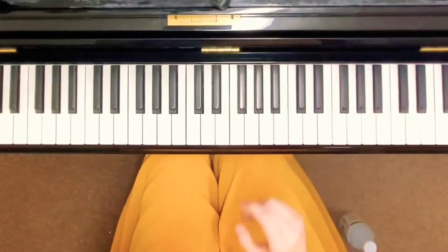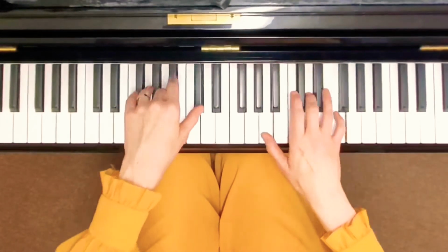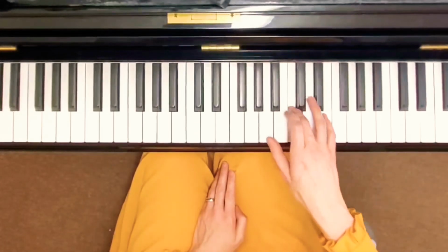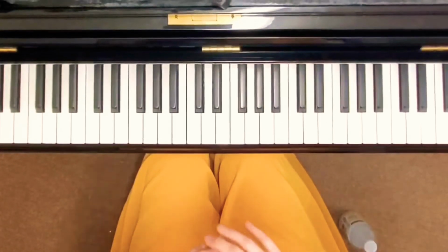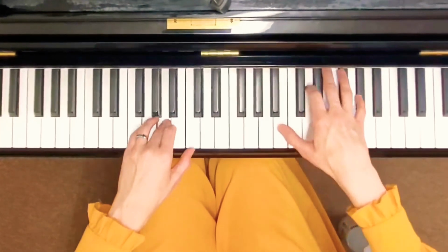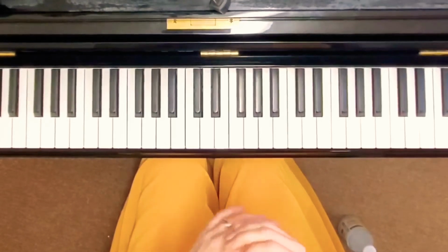Okay, so the interesting thing about this piece is that it's in 3/4, which means 1 and 2 and 3 and, 1 and 2 and 3 and, 1 and 2 and 3 and. But because of the motive, it's going to feel like you have it actually in 6/8. 1, 2, 3, 4, 5, 6. 1, 2, 3, 4, 5, 6. Okay, but for the purpose of counting and sticking to the meter, make sure to count